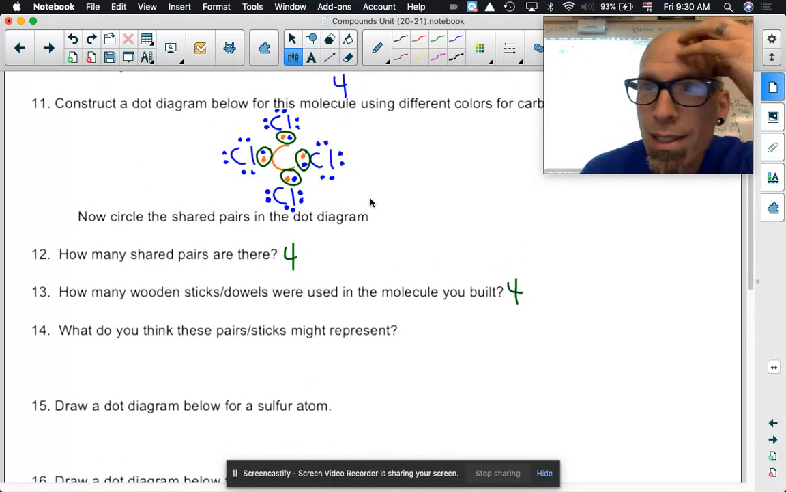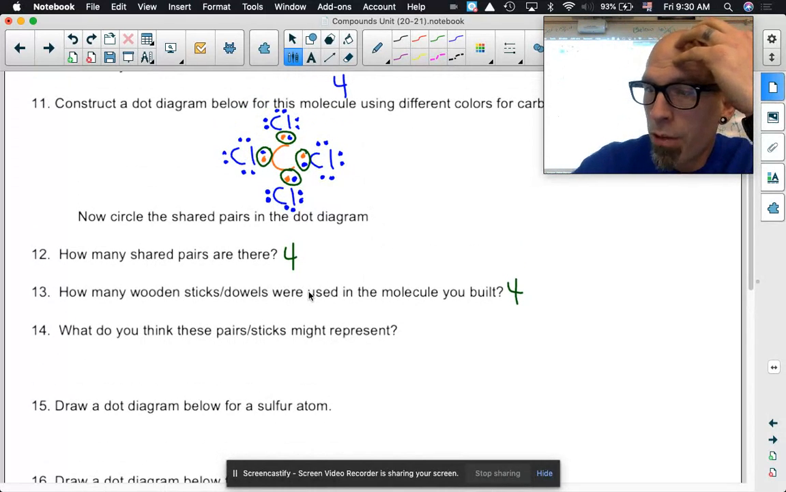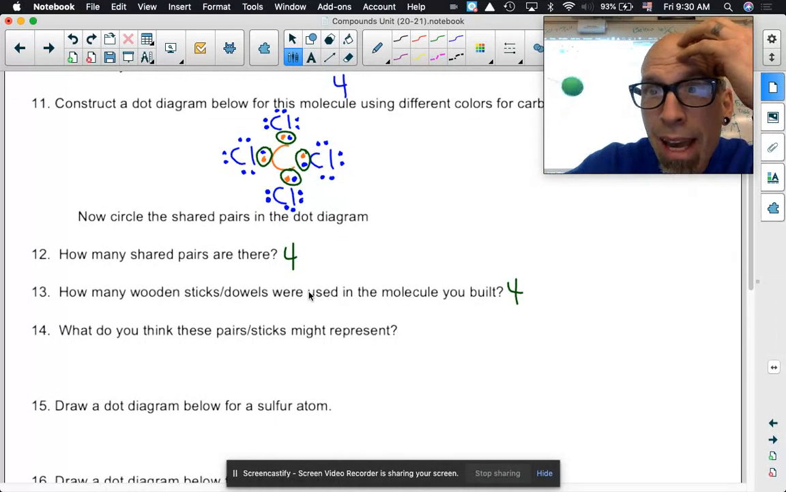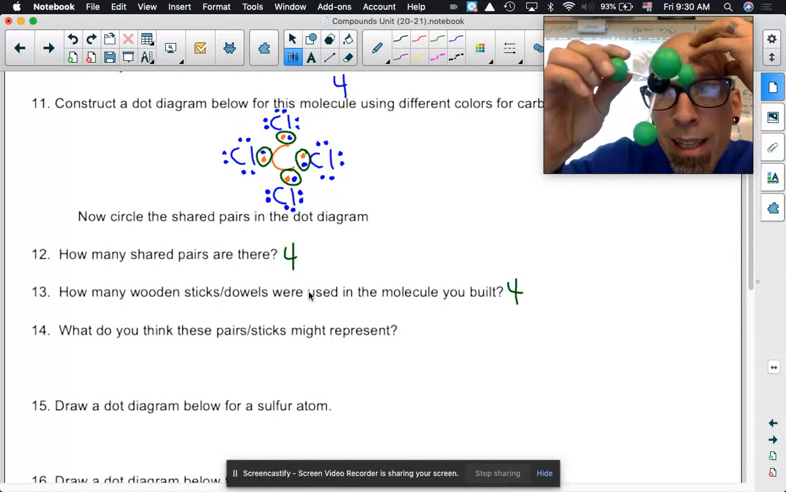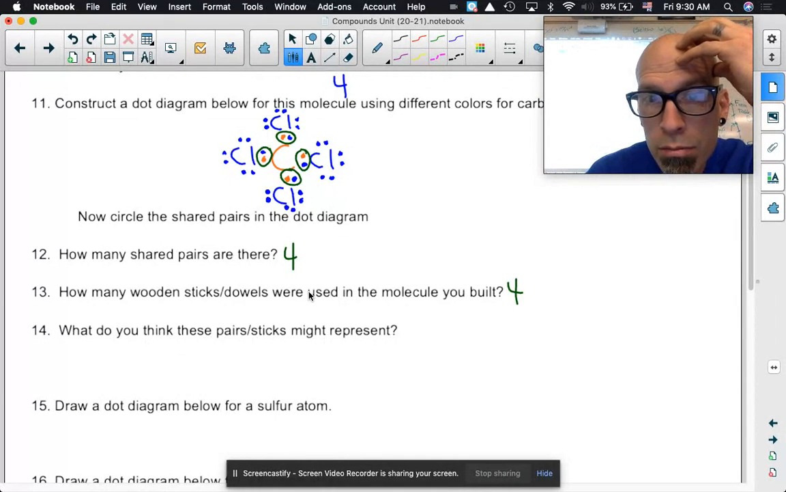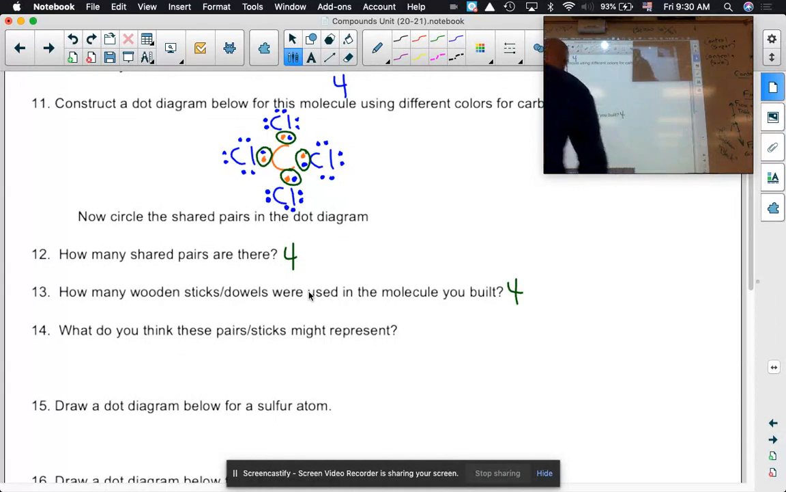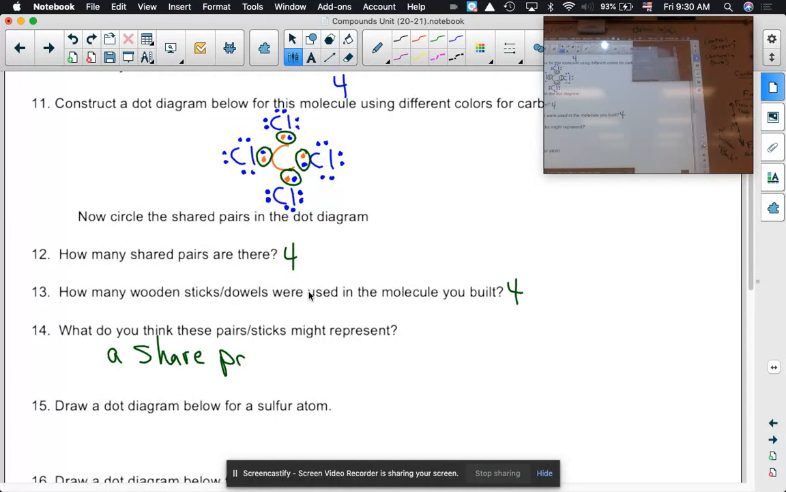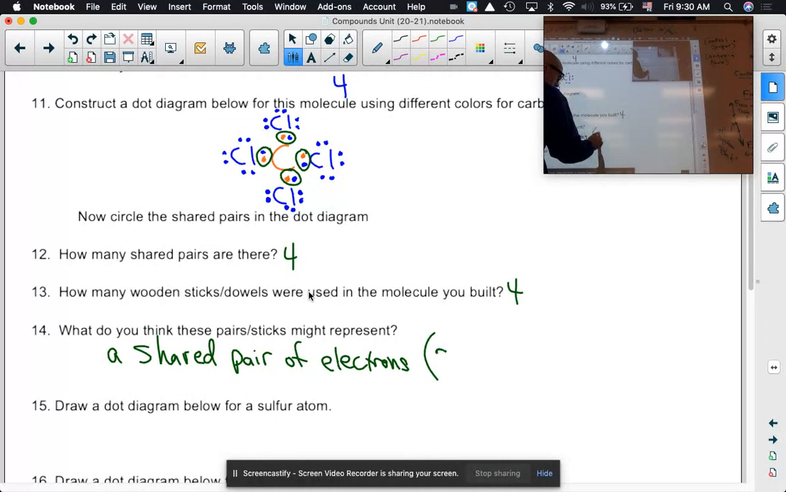Now, what do you think these sticks represent? If we have 4 shared pairs in the diagram and we have 4 sticks in the model, then that means each stick represents a shared pair, right? They each represent a shared pair of electrons. Okay, which is, and I'm going to put on here, and you should probably add this, what we call